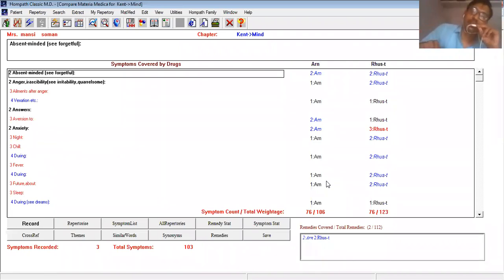So with the first function, compare materia medica, we come to know that Arnica montana has 216 mental symptoms. Out of these 216 mental symptoms, there are 76 mental symptoms which are common with Rhus tox.